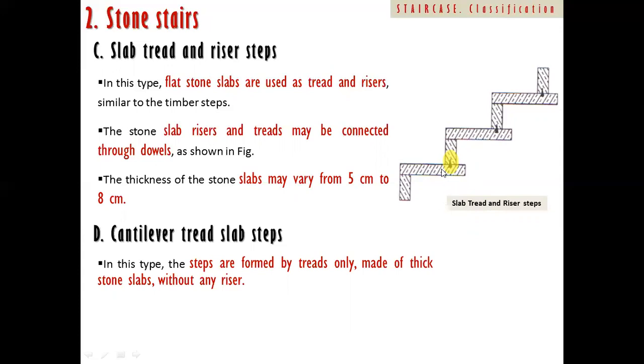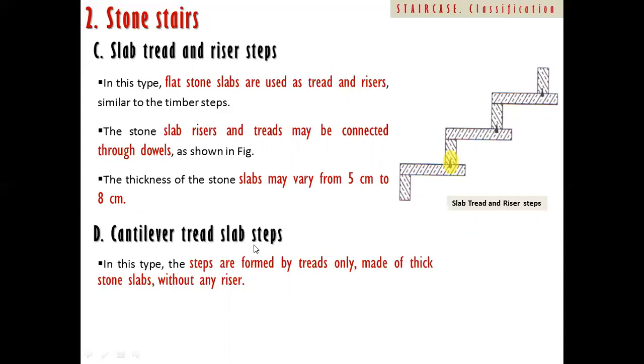So what you need to do, there will be a wall. Inside the wall you can fix this particular tread, fix this particular riser, and that is how you can get the stay from the wall. Okay. They are capable enough to carry a simple man's load. That is how, with the dowels, they can be fixed. So you need to get out this triangular portion, then fix another stone material, a stronger stone material. That is how they can be fixed.